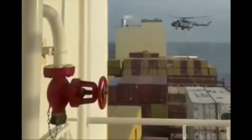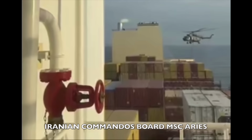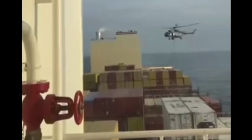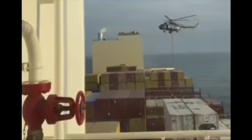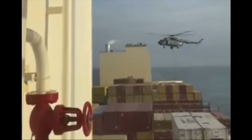No problem. But we'll have to see which of these competing hotspots demands the presence of the carrier proper in the weeks to come. Just a quick throw-in there too, let's not forget that Iran just seized a vessel, the MSC Aries, that was coming out of the Persian Gulf. They're holding that ship. They've announced they're releasing the crew, but that brings a total of 4 vessels that they have seized or captured and are holding, and throws another wrench into this whole equation with Iranian actions at this